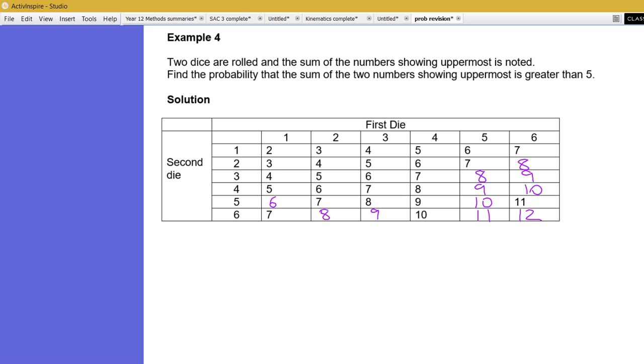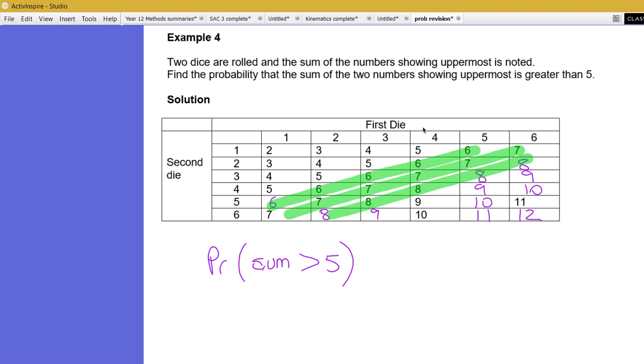So the question is asking us to find the probability that the sum is greater than 5. So now I need to determine how many numbers there are that are greater than 5. So just looking at the table, we can see it's a 6 by 6 table, so there's 36 cells. And greater than 5, there's a whole bunch of them. There's all of those, and all the 7s, and all the 8s, the 9s, the 10s, 11s, and that one